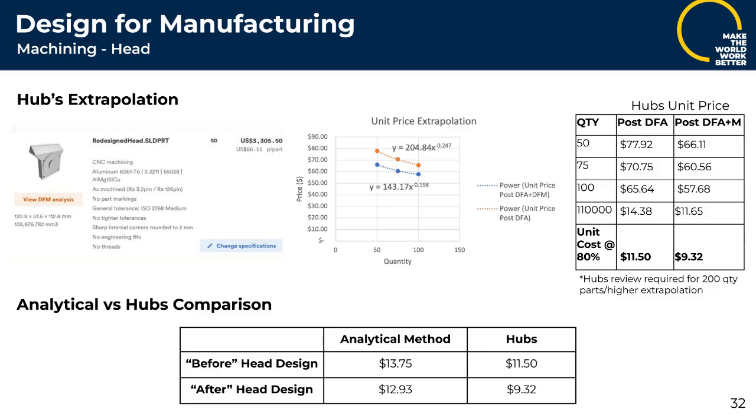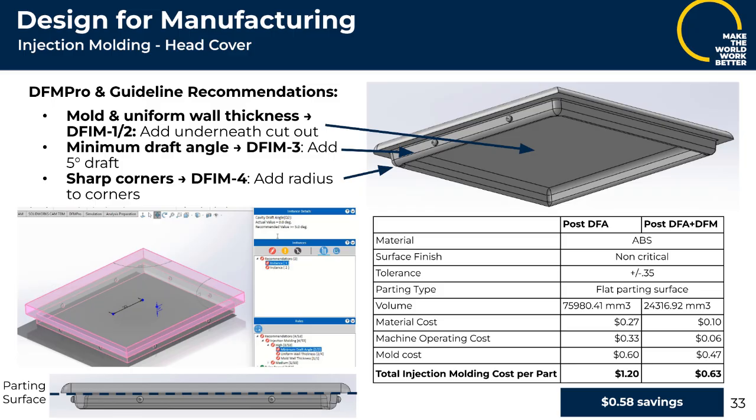The head part was then analyzed with Hubs and extrapolated to get a unit price for a larger batch size. The cost of machining found by Hubs is lower than the analytical cost model due to the bulk discount and the production and suppliers in lower wage countries, as well as very long range extrapolation. The head cover was updated for injection molding with a cavity core mold design, by making the wall